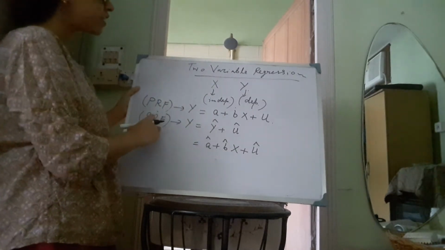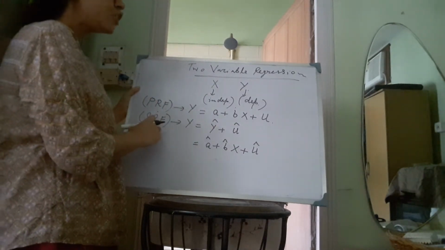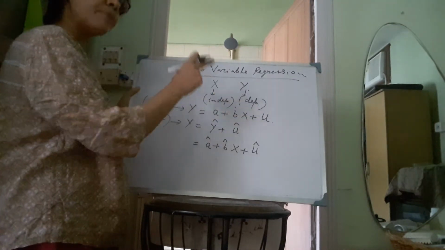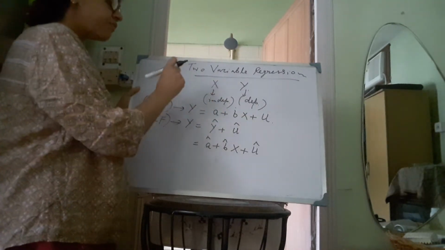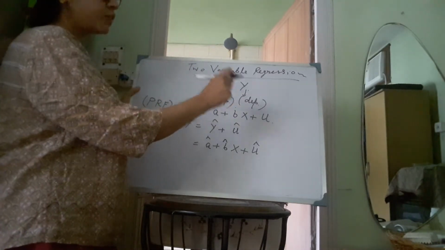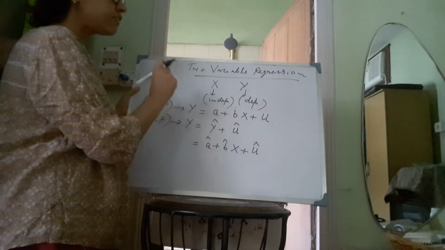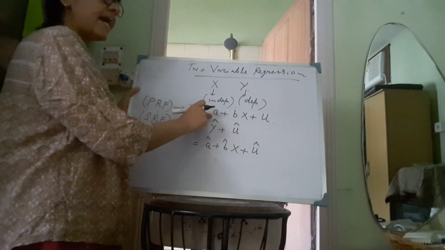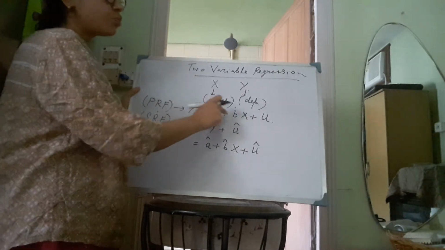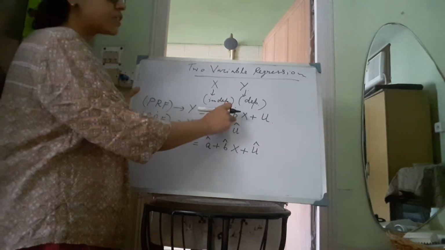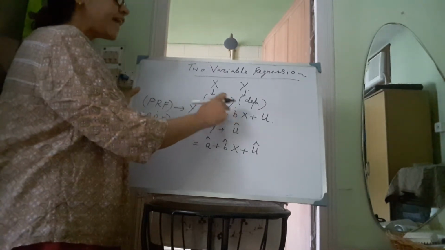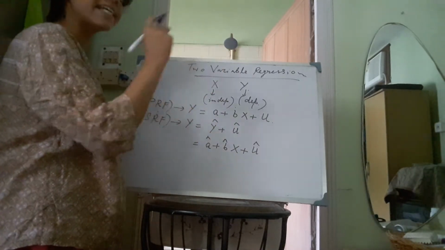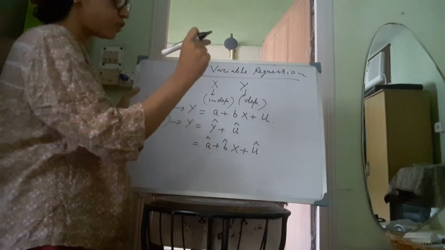Now in sample regression function, what we are doing? We are not taking the actual y, that is a plus bx, but we can predict the value of y with the help of x. So in that case, for predicting the value of y with the help of x, we cannot obtain the actual A and B. So A and B are the two parameters of regression. So instead of getting actual A and B, we can get A hat and B hat, that is the estimated value of A and estimated value of B.